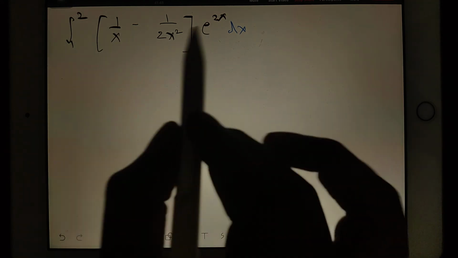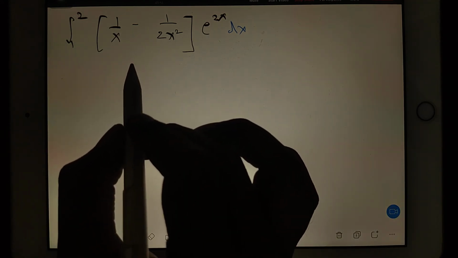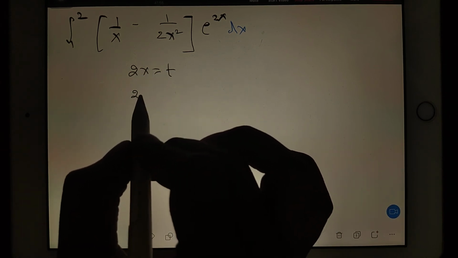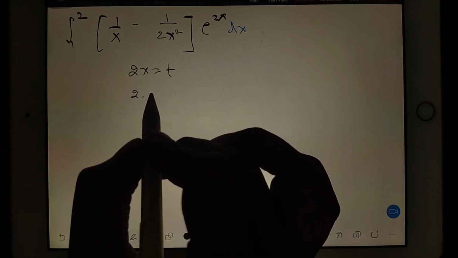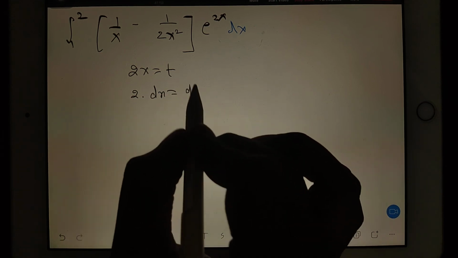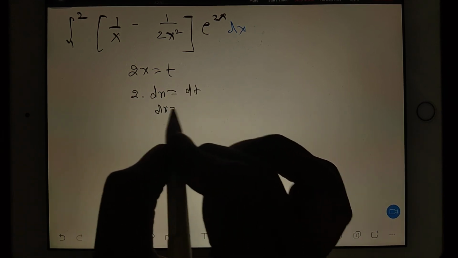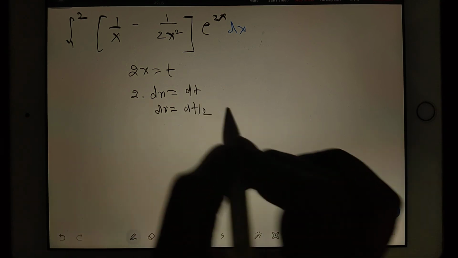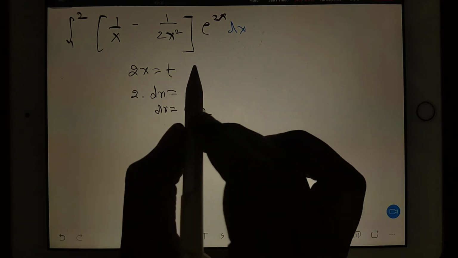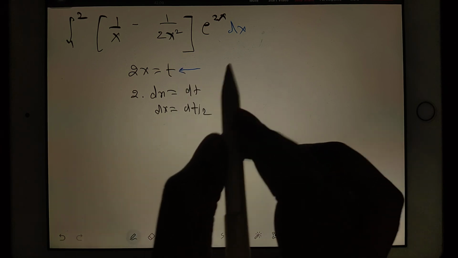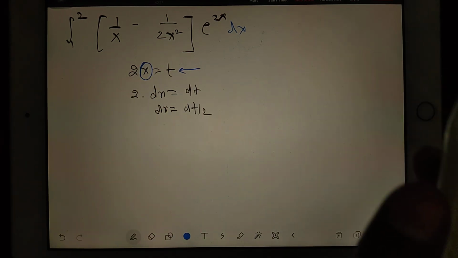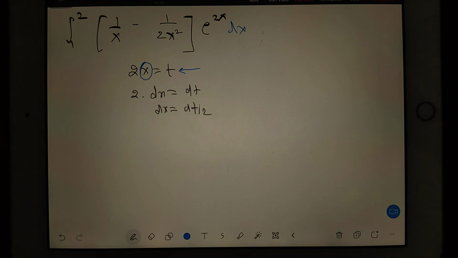See, first thing you consider 2x is equal to t. It means 2 into dx is equal to dt, so dx is equal to dt by 2. So we got a replacement for 2x and we got for x as well, t by 2 we can substitute, and we can